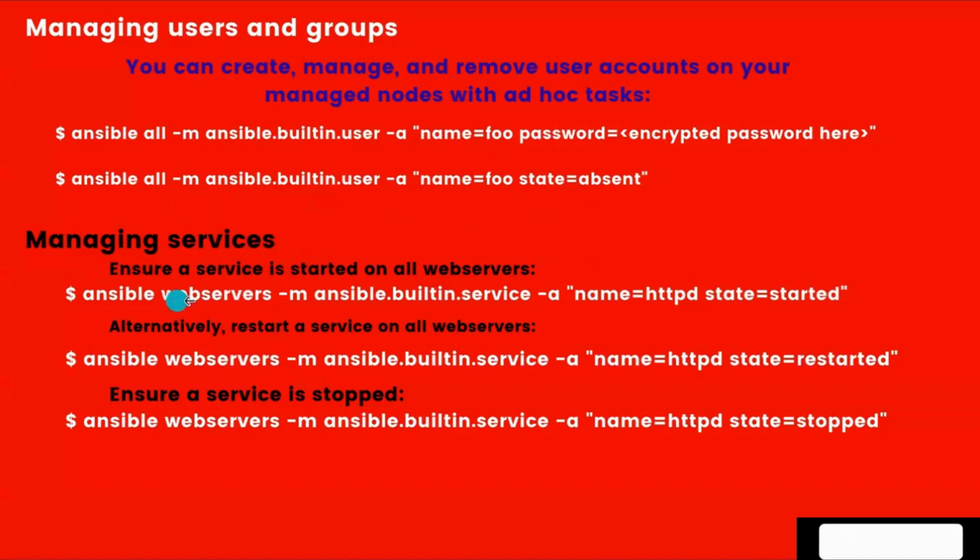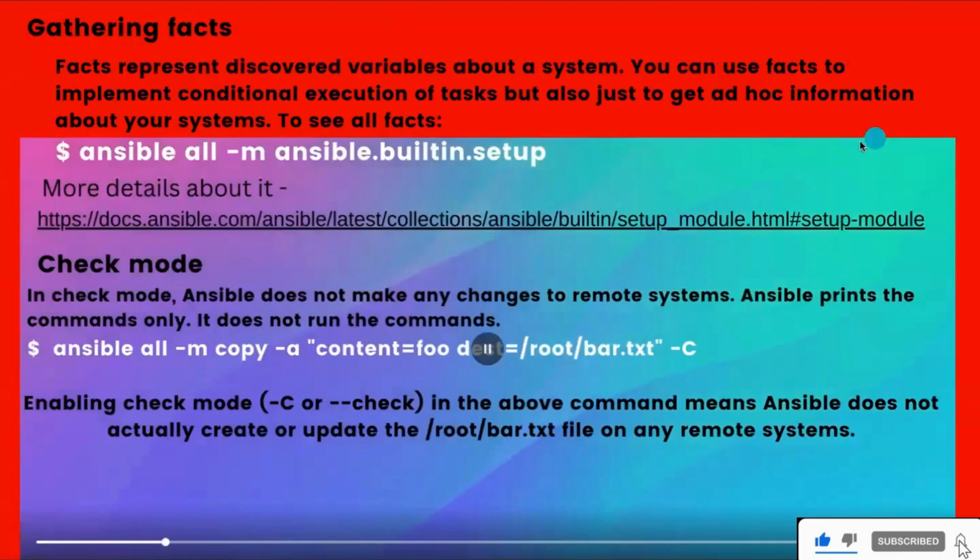Managing services, web services -m ansible.builtin.service name=httpd state=started. Instead of httpd, if you are using Ubuntu, you can use apache2. Okay. Stopped, you can do. So if you want, I can try with the stop command. Okay, but it takes a lot of time. Okay. So next is